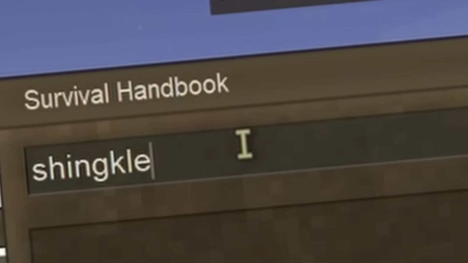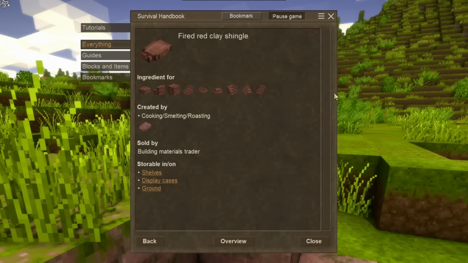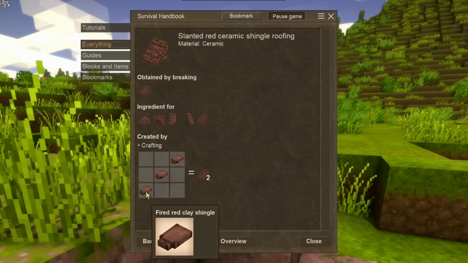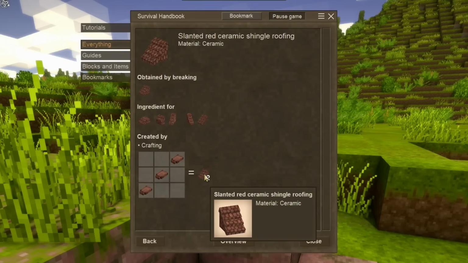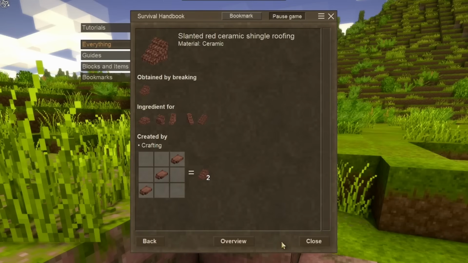And I will pause the game because I don't know how to type. So we'll be making fired red clay shingles, and it takes 3 red clay shingles to make 2 pieces of shingle roofing, which we can then convert into the one roof block variants, which are just so much easier to work with. And I'm going to use a new mod that I literally just added minutes before hitting the record